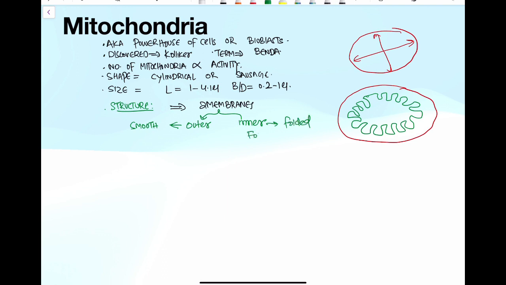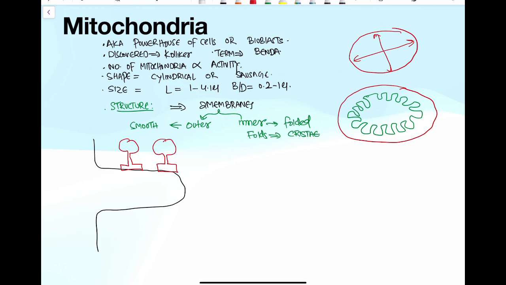And you can be asked what the folds are called. They are called cristae. Now remember, if this is one crista, each crista has these racket-shaped particles which are responsible for ATP synthesis. And what are they called? They are called F0 F1 particles. So each crista contains these F0 F1 particles,